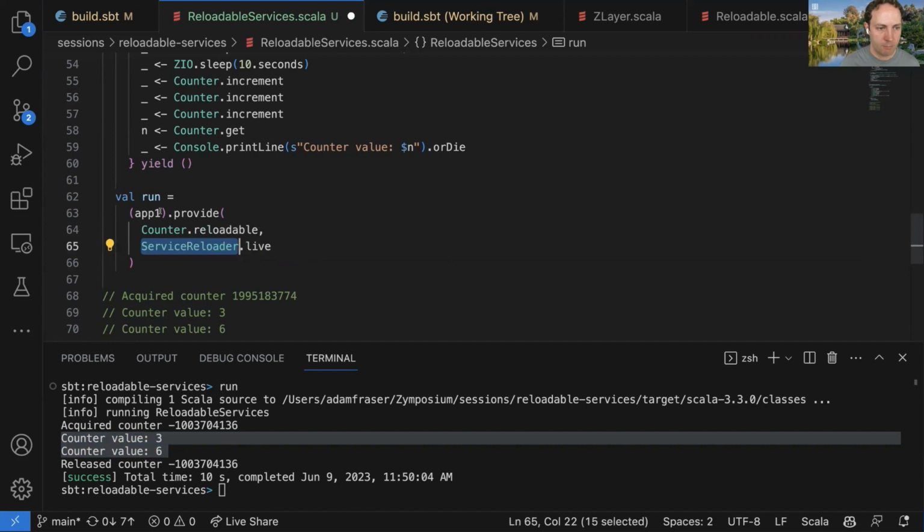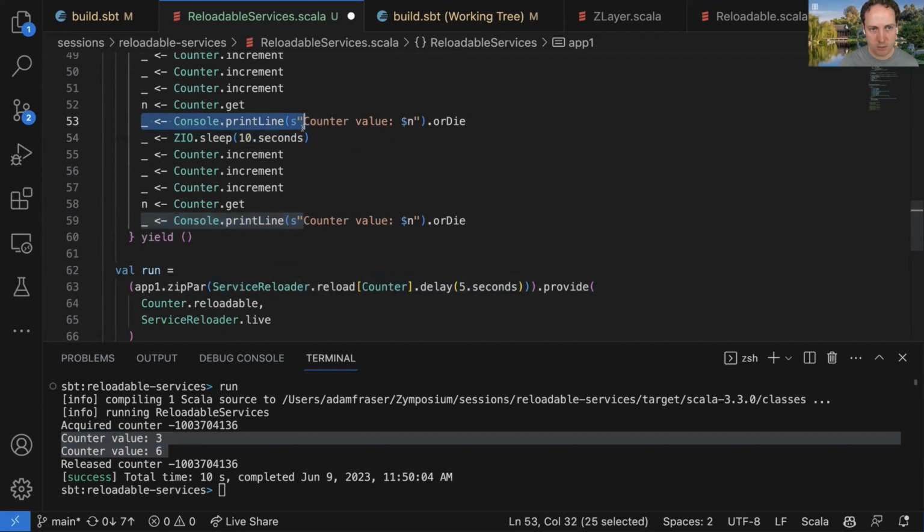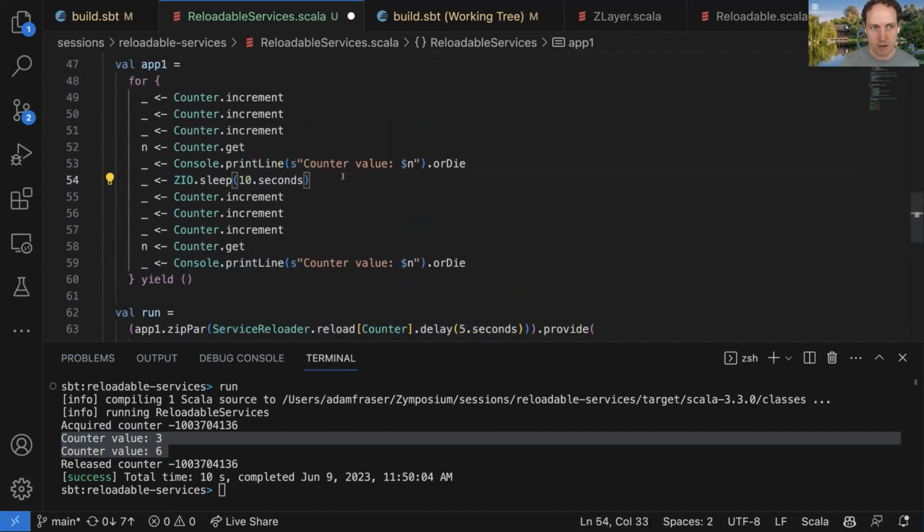I add the service reloader as a dependency. And then if I want to actually reload it, I need to add the reloading logic somewhere. It can either be in a separate process like here, or it could be in the original process if I want to update my code there like we did before. And so I think